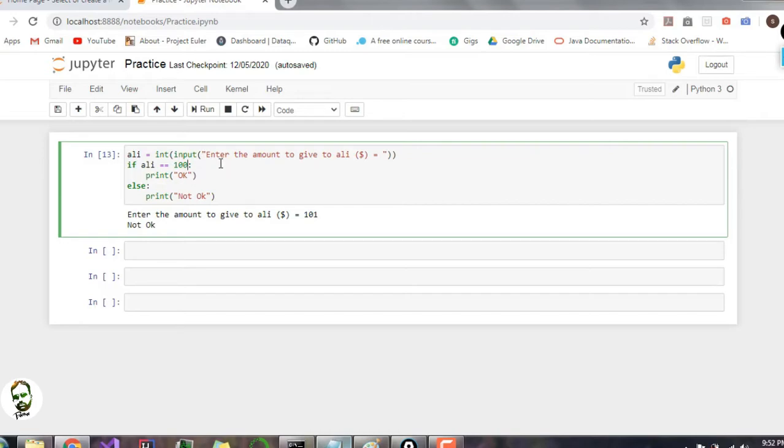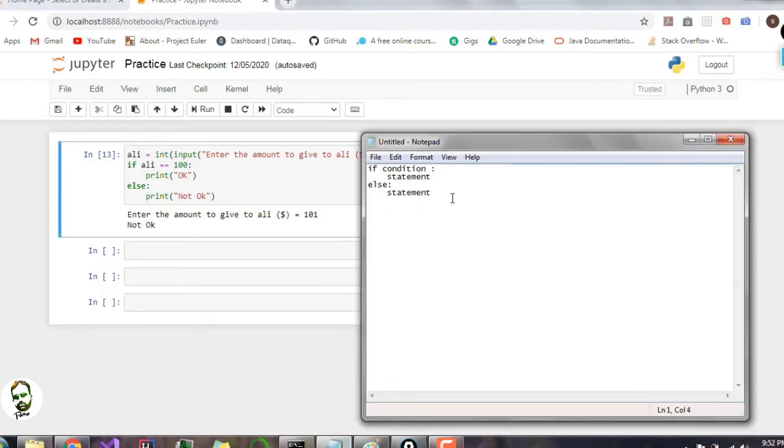If I were to translate it into an English sentence, I will write it as: if Ali has $100 and greater than or equal to $0, print OK, else print not OK.